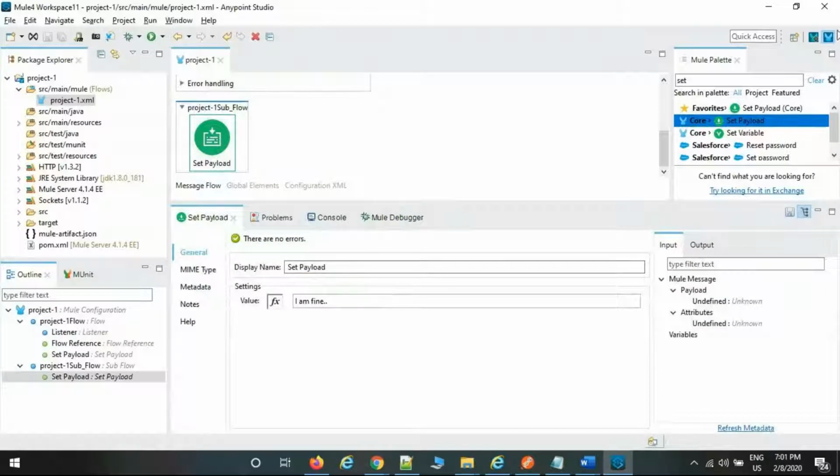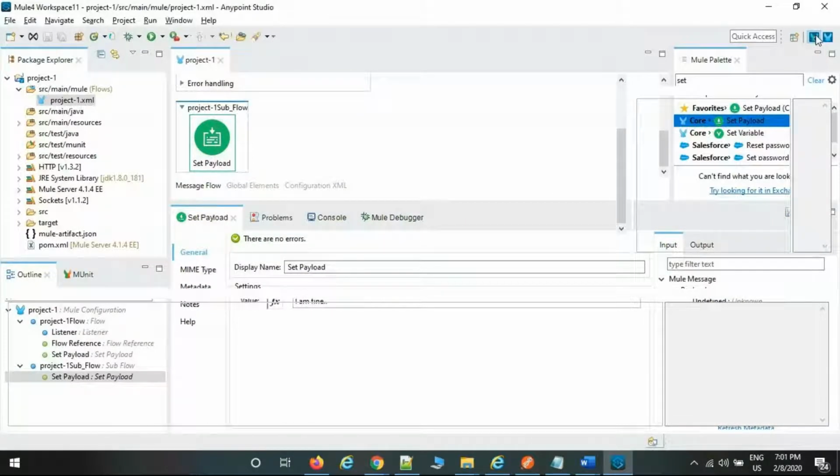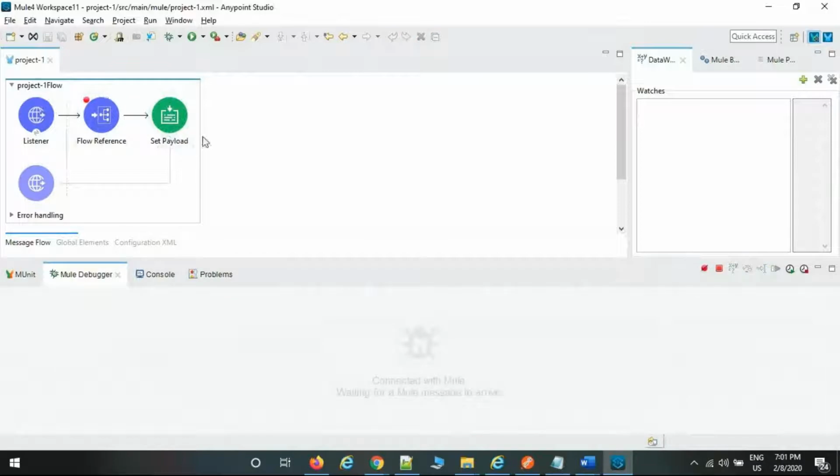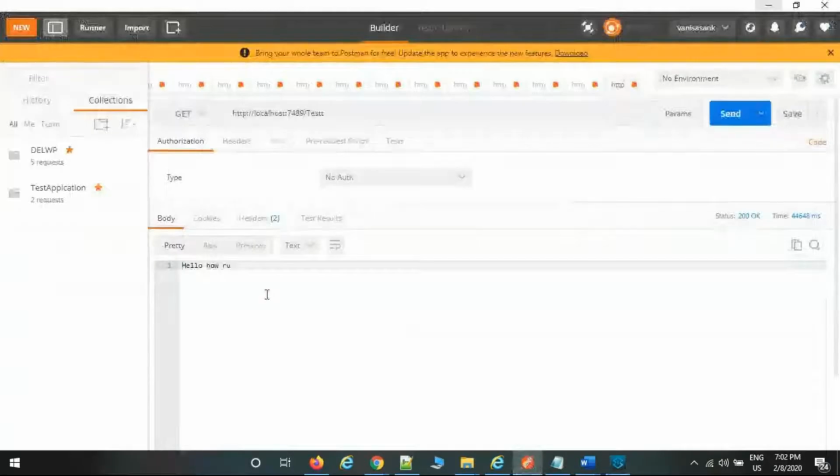Now come back to the design debug mode. Where is the flow currently? Currently here, but not yet executed. Now next processor. After set payload there is no output, right? There is no palette. The flow ended. Then the output is going to be displayed. So I told you, right? Body data is always overridden. Body data won't be constant. It won't maintain a constant, always overriding.